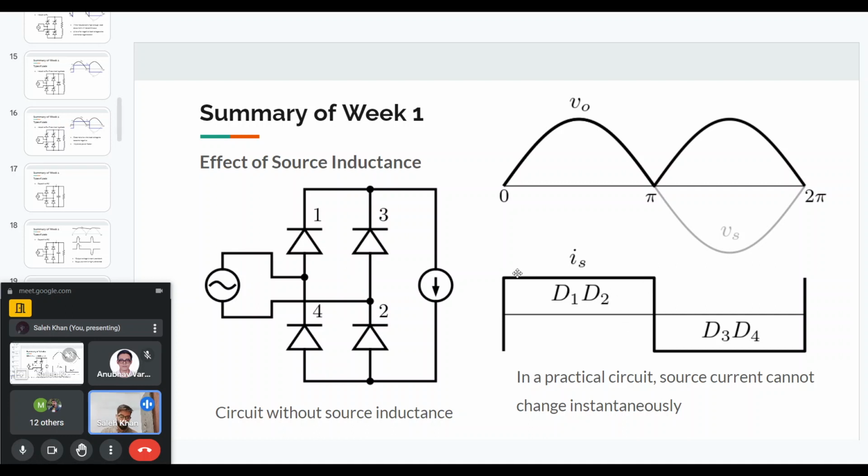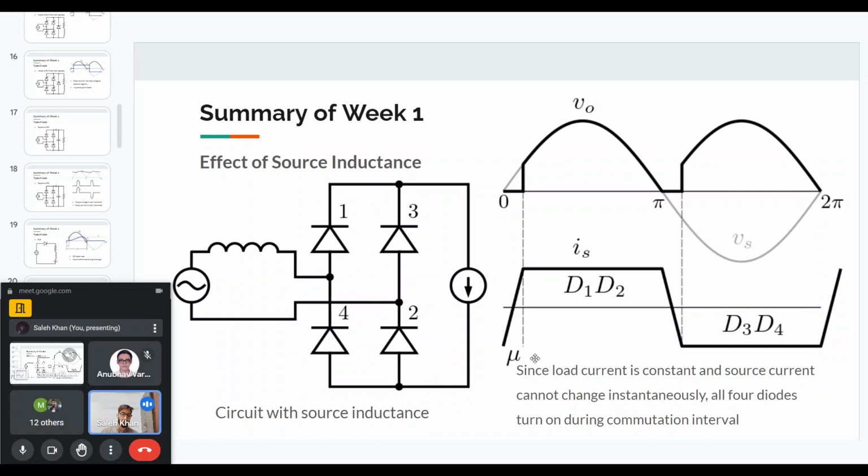So here, as you can see at the 0 angle, the pi angle, and the 2 pi angle, in an ideal case, the source current should suddenly go from positive to negative. But because of the practical inductance, this will not happen suddenly. So it will take some time to go from negative to positive and from positive to negative. So in a practical circuit, this is how the current will look. So the IS current,